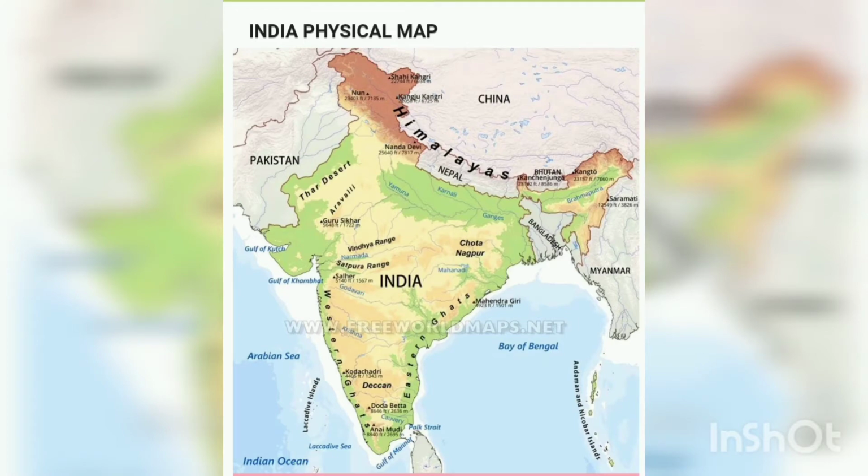Now this is again a picture showing the physical map. Already you have seen. You can see on the top the brown color, you have the Himalayas. In the middle, the light yellowish brown color, you have the plateaus, and to the side you have the coastal plains, even the Gangetic plains to the north. So this is a physical map which has only 4 or 5 light or dull colors, which will help to tell you the geographical features of a particular area, how the surface of the earth is in that area or location. So this is a physical map.